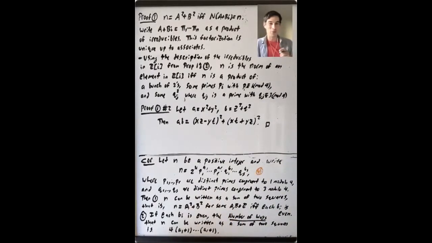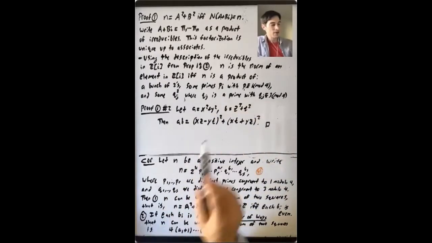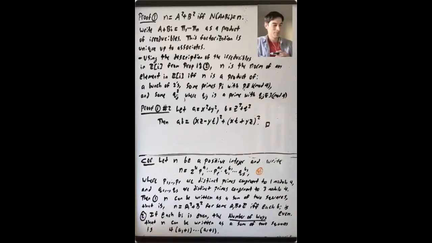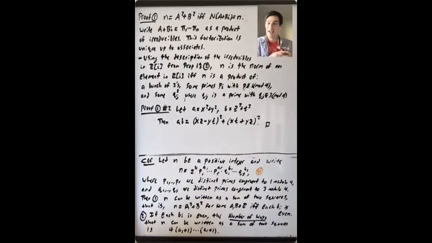So I want to give another proof of this that in some sense is simpler, but it certainly is less clear what's going on. Suppose that a is a sum of two squares, x squared plus y squared, and that b is a sum of two squares, z squared plus t squared. What I claim is that their product is also a sum of two squares. A times b is a sum of two squares, and we'll see that by actually writing which two squares add